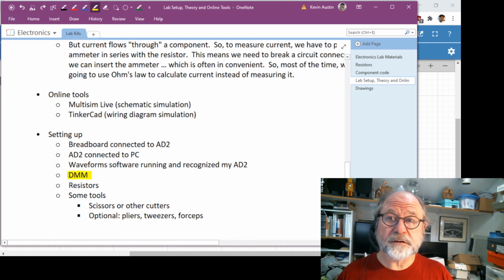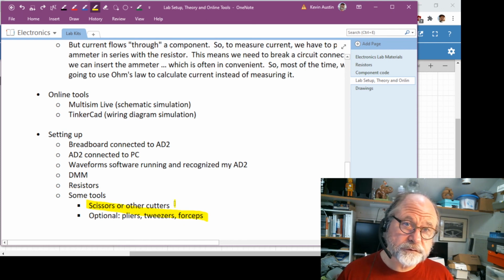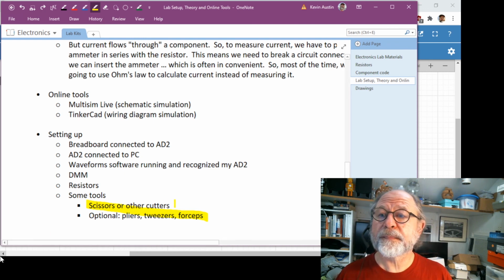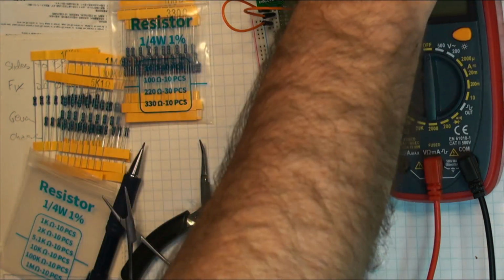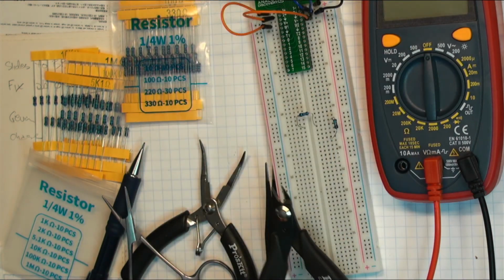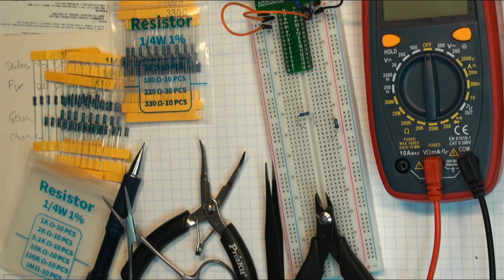The DMM can help us check things out. We're going to have resistors, so we can build our circuit on the breadboard, and then some tools. To get the resistors cut so that they can go in the breadboard, you're going to need some scissors or a cutter of some kind, and